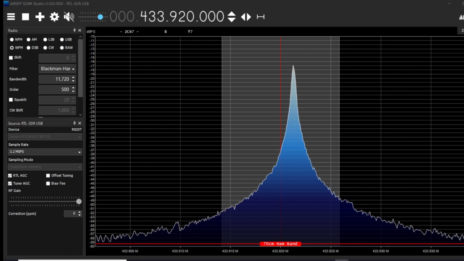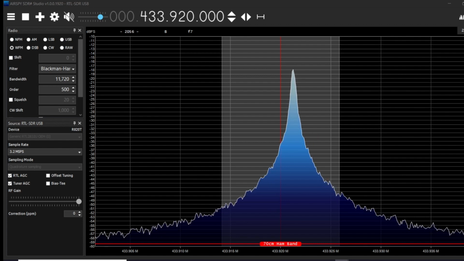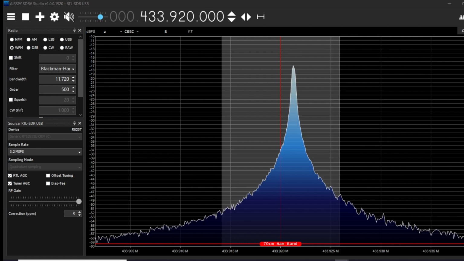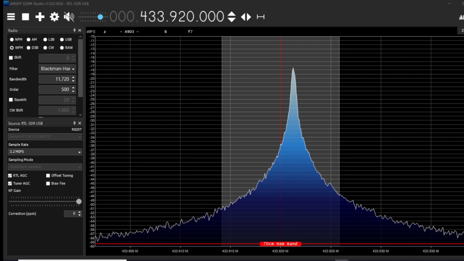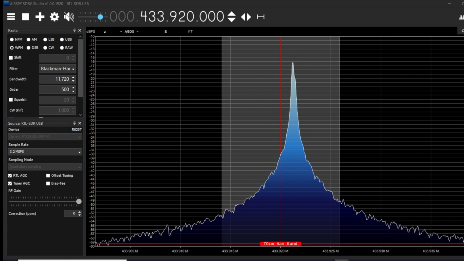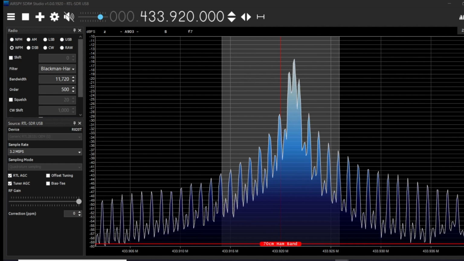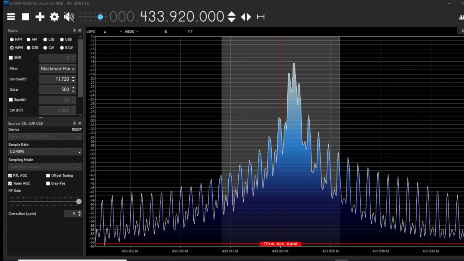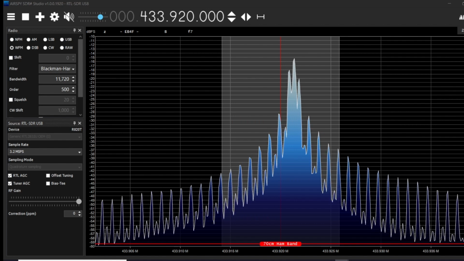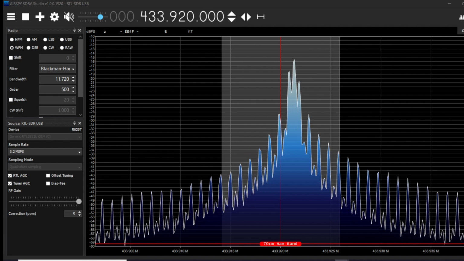Now what I'm going to do is to dramatically reduce the symbol rate, or increase the bit rate, from 20 bits per second to 1000 bits per second. So let's see how this now affects the spectrum. So now the transmitter is at 100 bits per second, and what you see immediately are the side lobes on